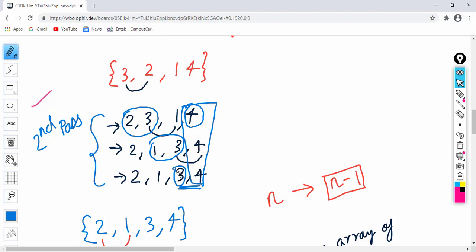Once we will compare 0 index and first index, and next time we will compare the first index with the second index. When I say index, please understand we are talking about the values present at those indices. So, in the second pass we needed 2 comparisons.